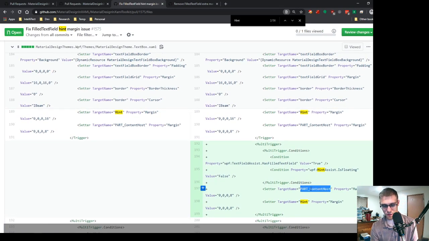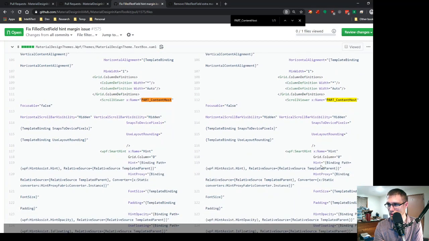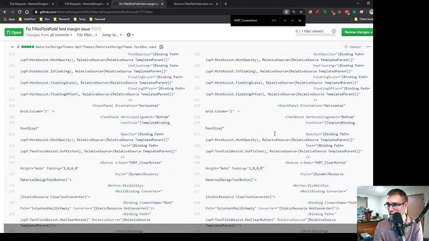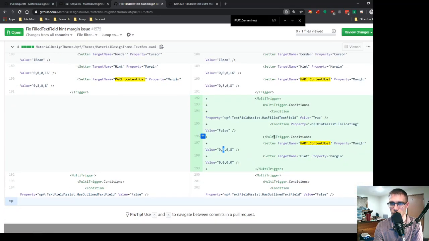So let's look at this guy. And so this guy here before was getting a margin of 8 on the top, and now he's getting 0. Okay, does he have a default margin set? This is a scroll viewer, and he's not getting one set. Okay, so this is fine. I guess my only question is, do we need